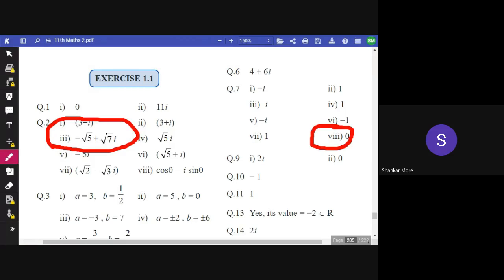And what is this plane called? This is the complex plane, in which the x-axis is the real axis and the y-axis is the imaginary axis. So this representation is called Argand's diagram. The diagram which represents complex numbers by points in a plane with reference to the real and imaginary axes is called Argand's diagram or complex plane. Very easy. What we have to do is consider our y-axis as the imaginary axis and the x-axis as the real axis.